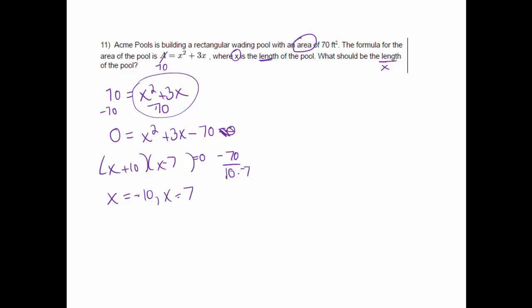If I'm looking for the length of the pool, we can't have a negative length, so my length must be 7, and the units would be 7 feet. Okay, if I would prefer to do the quadratic formula on this one,